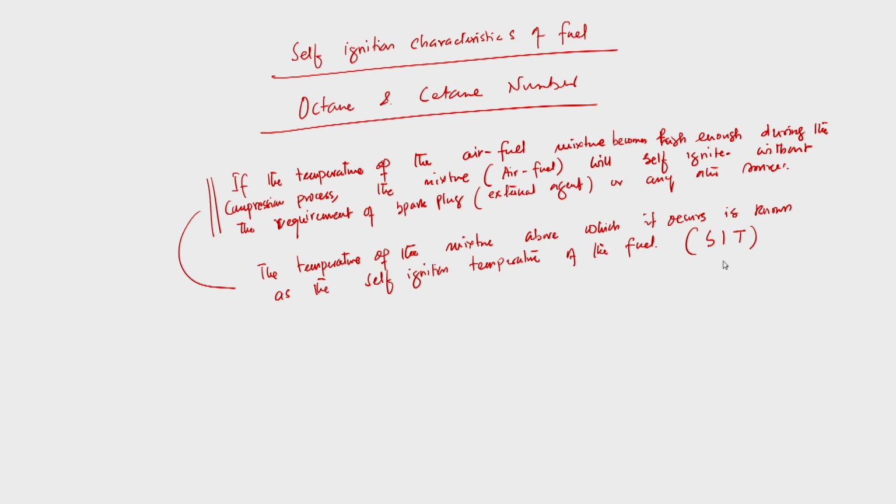Sometimes it is known as SIT. So, that means the temperature above which it occurs is the self ignition temperature. This is the basic self ignition temperature of the fuel. The basic principle of ignition in a compression ignition engine, of course, is that the compression is high enough. I am talking about that for the SI engine. But as I said, for the compression ignition engine, the temperature of the mixture